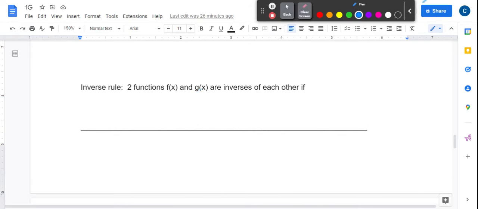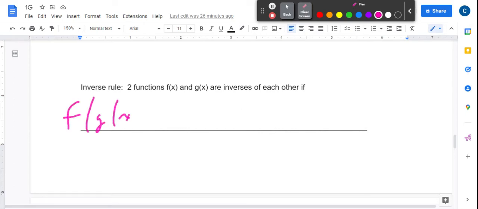So there's an inverse rule. Now, we did inverses in our 1F notes, I believe. Okay. And now here's another way that we can determine if two functions are inverses of each other. Okay. Two functions are going to be inverses of each other. So we have two functions, f of x and g of x. Okay. They're going to be inverse of each other if